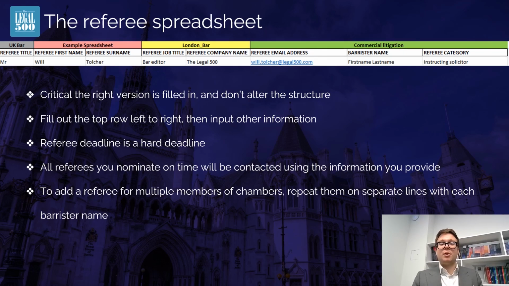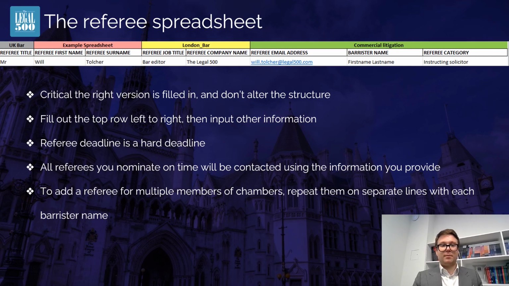It won't let you fill out the contact details until the top row has been filled out. The fields are self-explanatory: title, job title, organisation, email address, and critically, which barrister the referee is a referee for. We also ask if they're an instructing solicitor or another type of referee, as we ask them different questions. Please ensure the information is correct, because any errors in this data will be brought through to what your referees